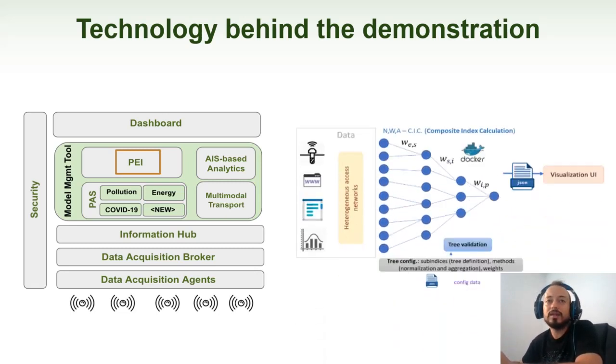This technology is endorsed by hardware execution in servers of the custom software programs we have developed for this specific purpose. It is a model that runs within this IoT platform, making use of that heterogeneous data coming from heterogeneous access networks to feed a certain number of indicators that we defined, which can be considered the leaf nodes of an execution processing tree, as shown in the slide.